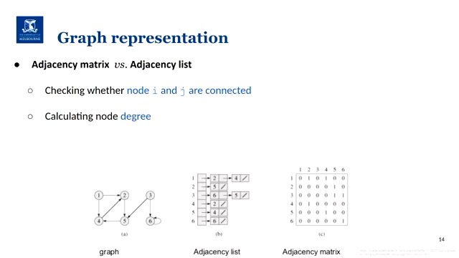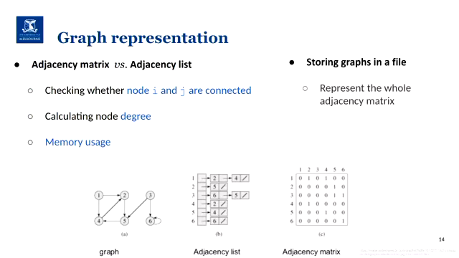While in a list, if you're clever in the way you implement your list, you always keep the number of items you have in it. So you have O(1), a constant cost. So you need to take that into account depending on how your graph looks, whether it's better to implement it as a dense adjacency matrix or an adjacency list. And of course, that will impact memory usage as well. And you can also store graphs in a file, either representing them as a whole adjacency matrix that will cost a lot of space, or using, for instance, an edge list.